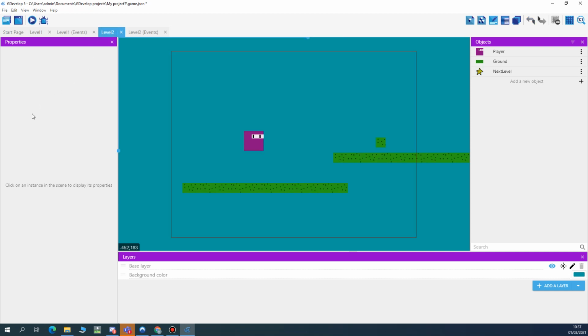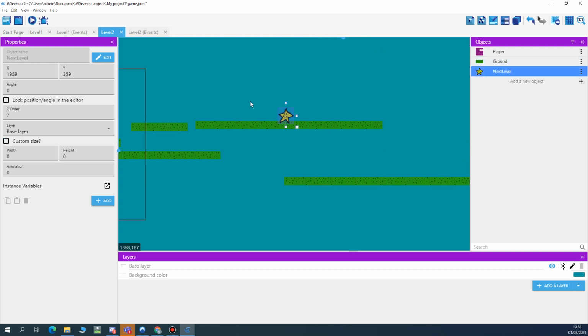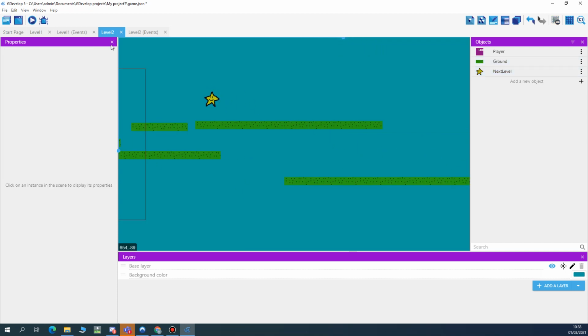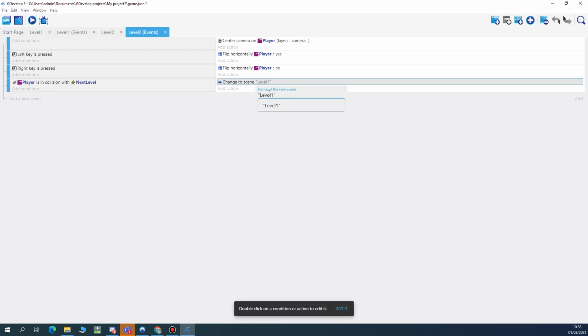We can change the map to be whatever we want it to be after this point. So I'm on the level 2 editor. I can drag in some more ground, and we can use the dot over here. We can move this, and we can move the star over here. When we go to our level 2 events, we see everything's been copied apart from when the player's in collision with next level. I want to change it to, it's got to be in the commas, level 2. And now when I play the game,